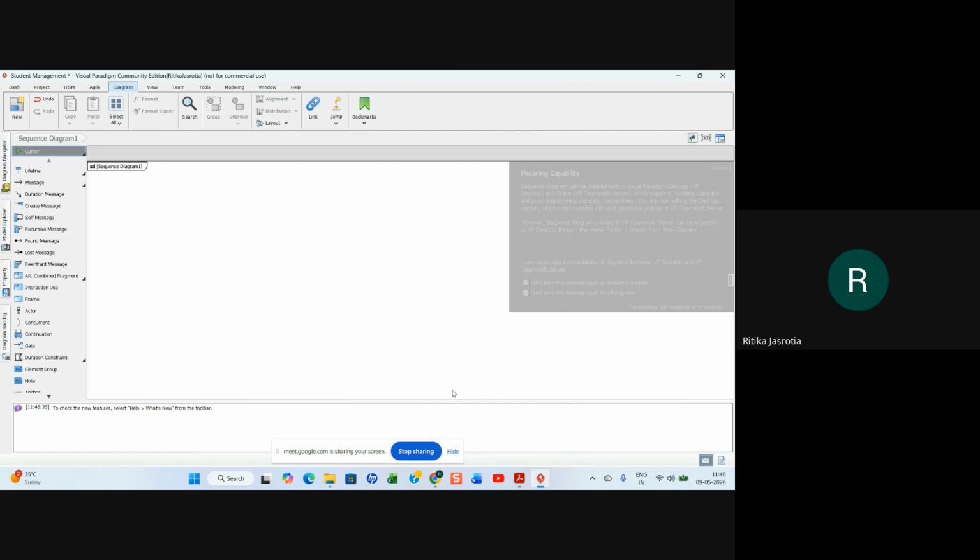So in a sequence diagram, these are the lifelines you are taking. So this is your lifeline. First one is ATM card user, or you can say ATM user, whatever. Right, this is one of them. Then you have ATM system. So another, if you want, you can have another. So this is another lifeline you have created.